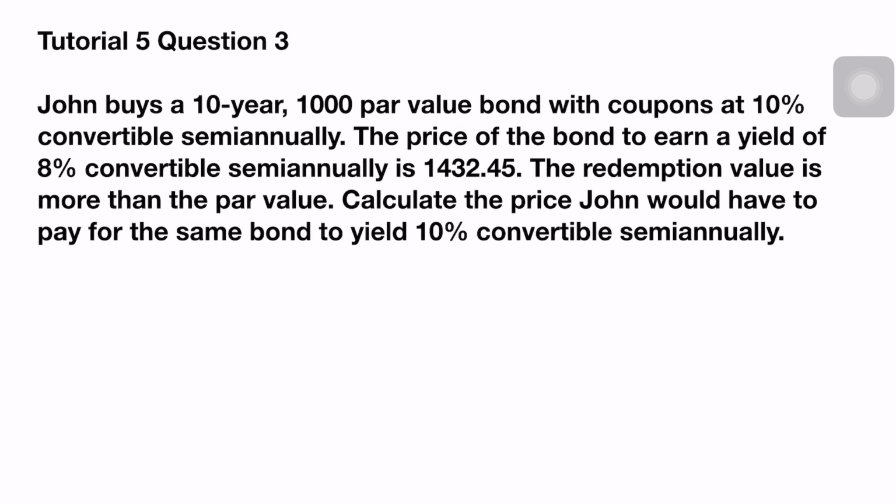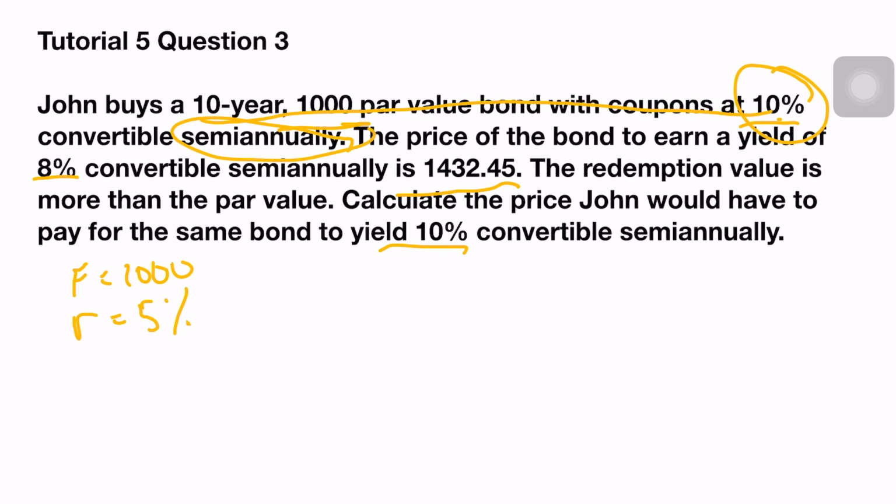The question wants us to find the price of the bond if the interest rate is different, increased from 8 to 10. So we calculate, we have all the information. We have this and we have the P. So we want to find the other P. So we calculate the C first and then we recalculate using this to calculate the second price, the price which has the 10% interest. So we write down F equals 1000